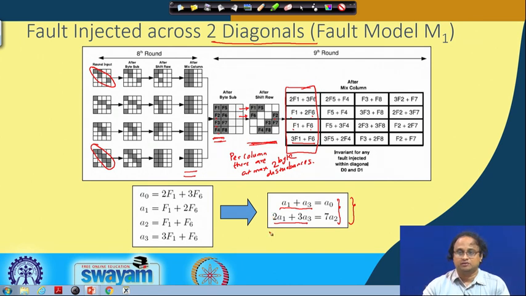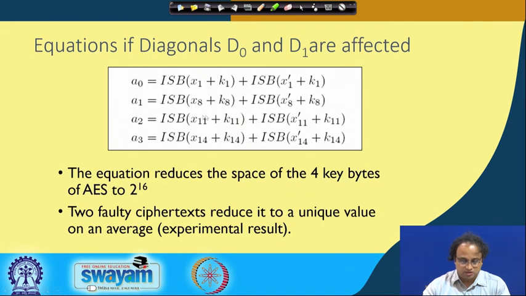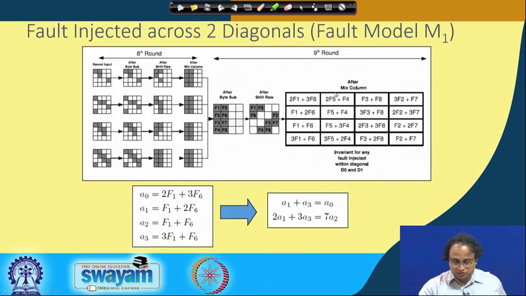the AES key. Again, as you observe, because of this reduction in entropy of this column, you can reduce the possible entropy of the AES key. So what does that lead to? You can observe here that doing a similar analysis, you can write equations of this form, like a0, a1, a2 and a3. These are again the inverse sub bytes when you are going back. So you essentially come to this column, that is a0, a1, a2 and a3, and that is written over here.